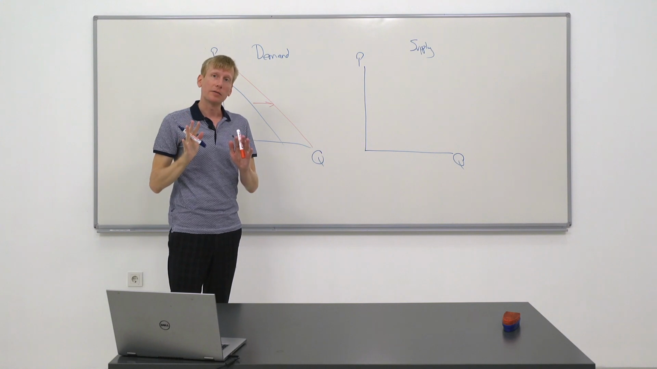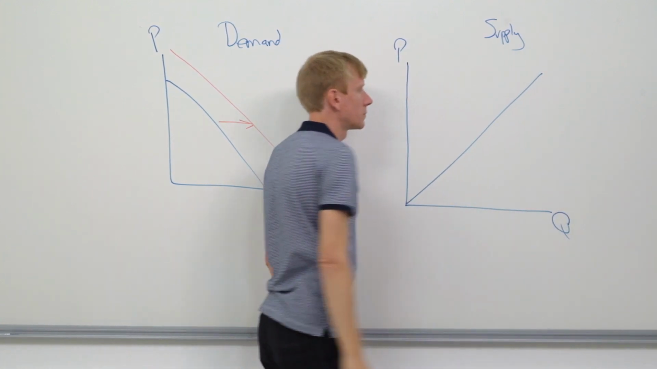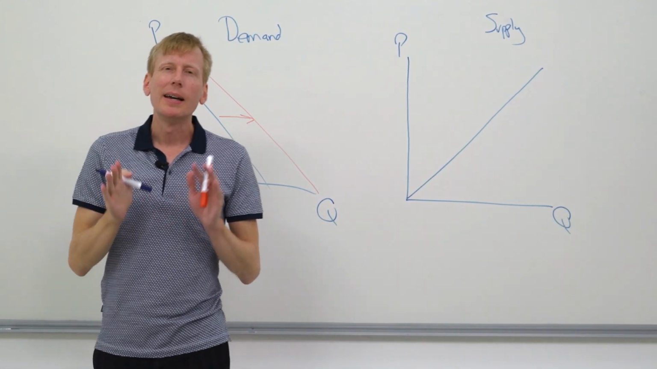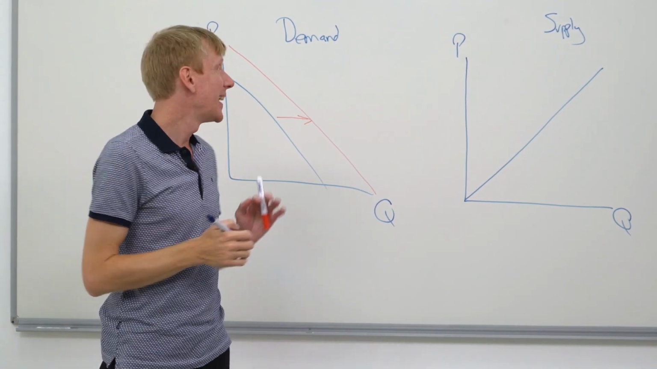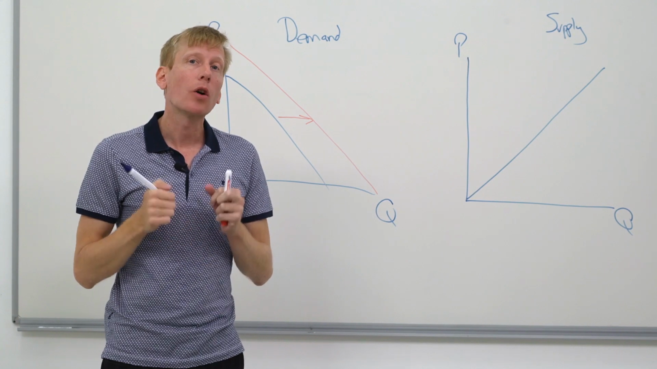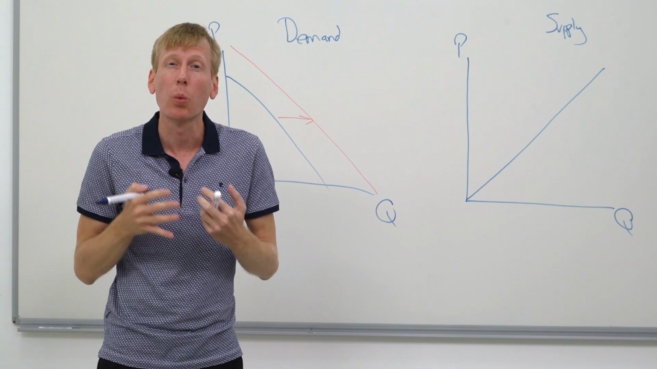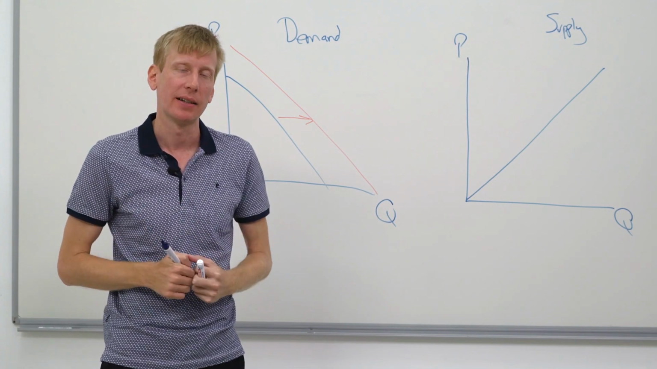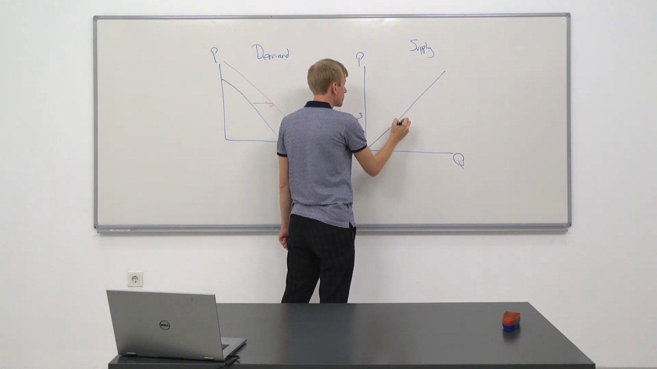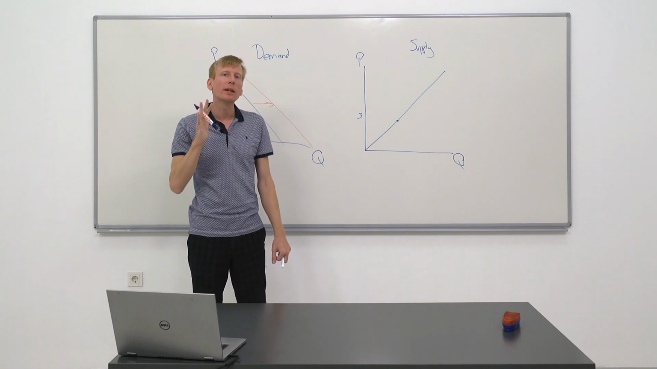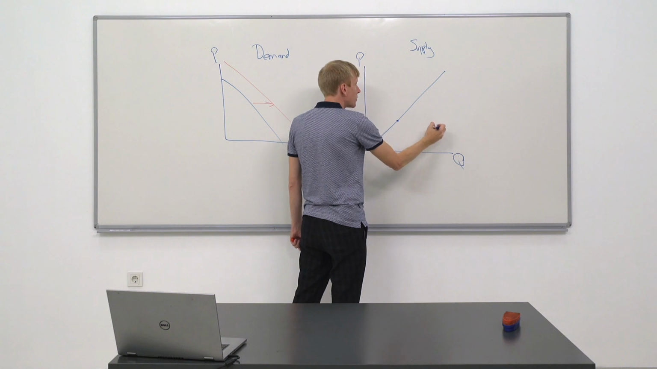Now, our supply curve is an upward sloping line. If we increase supply, what that means is that at any price, the quantity that we would be willing to produce, that we would be willing to sell, would increase. So at that same price, say 3,